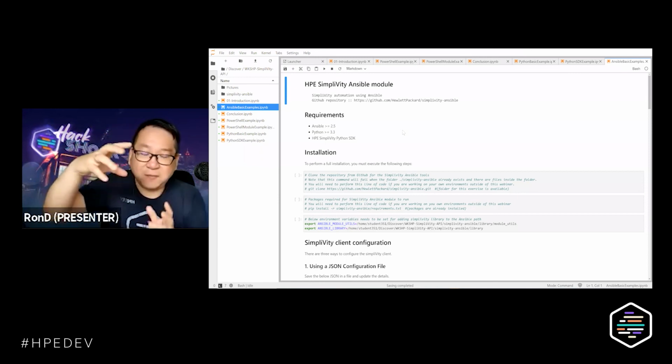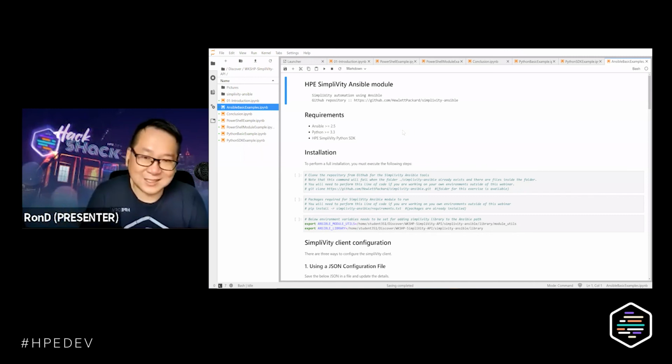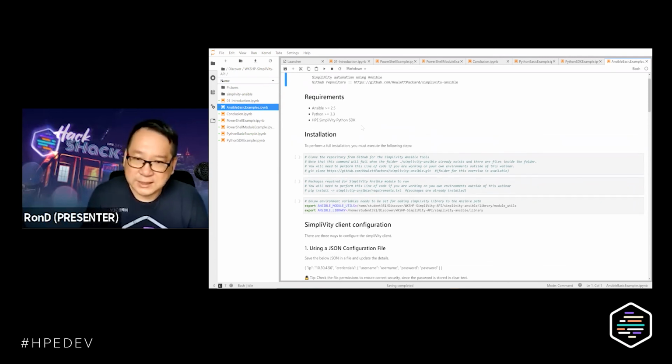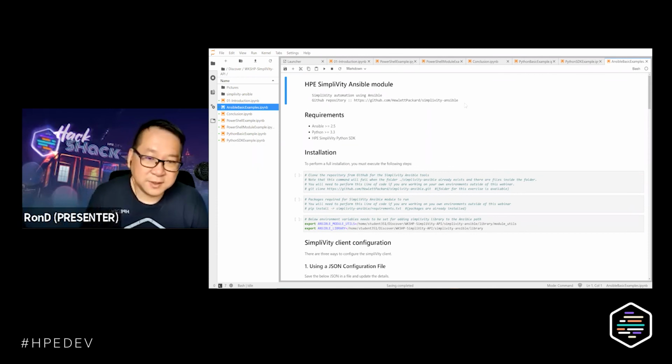So it's a little bit different from the way that we do automation in the PowerShell and Python, which I showed today. This is more declarative. That one is more like a command module type of thing. So you provide a command and then you monitor it. But over here, you declare it and then you let it monitor by itself. Oh, by the way, it's available in the HPE GitHub here, and of course, any use case that you think should go into this Ansible, let us know. Then we will make sure that it's added into the list.